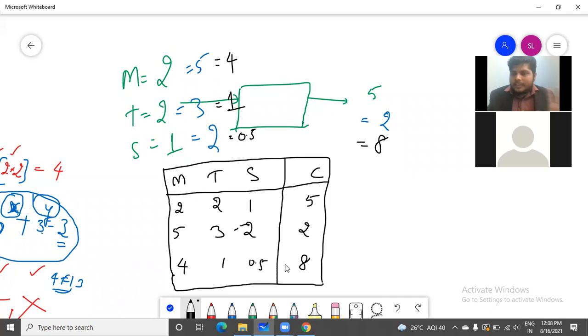So let me be satisfied with 8, because I am sure that I cannot make a tea in that range. So let me stop over there. I have come to a conclusion: this is the best system among all the values, right?